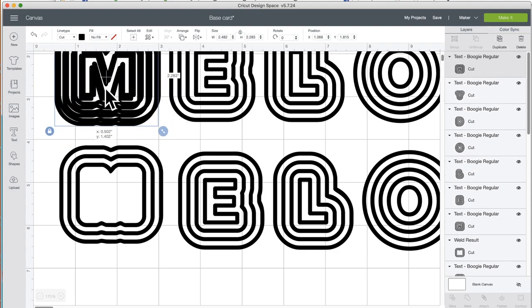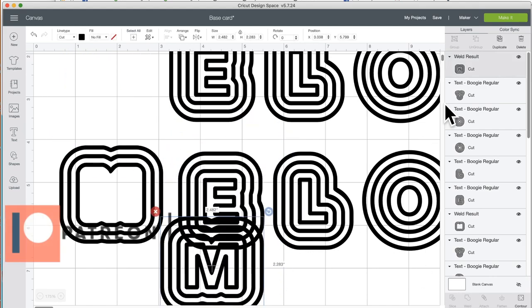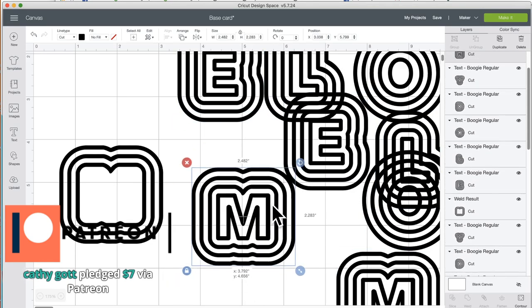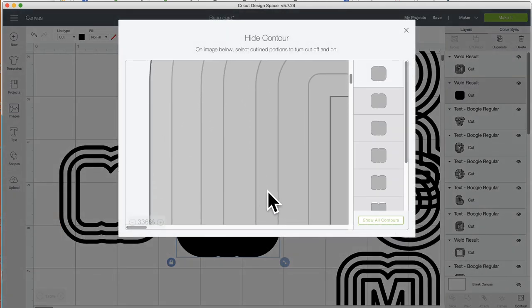Okay, this is a lot of trouble. I don't know why we have to do this. I'm going to center these. I'm just going to play with the M. Align, center. Now there's actually two of them because you can see two. And if I weld them, I am able to contour. Okay, so now I'm going to duplicate that so I don't have to do all that again. Let's move these out of the way. Okay, so the reason I'm doing this is because I want to...